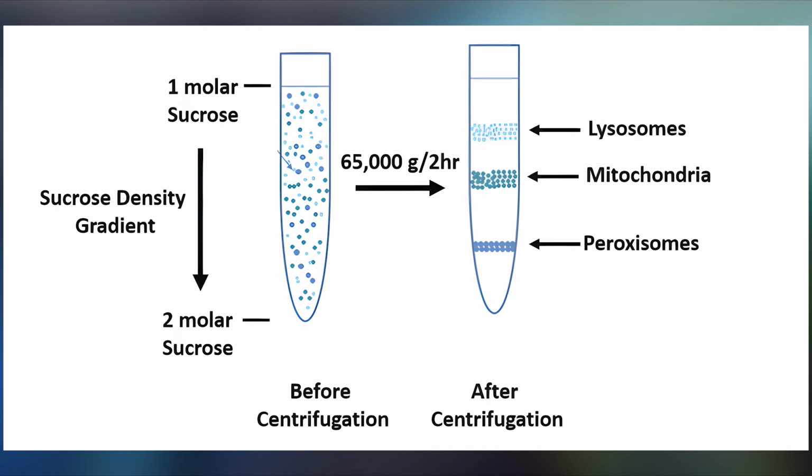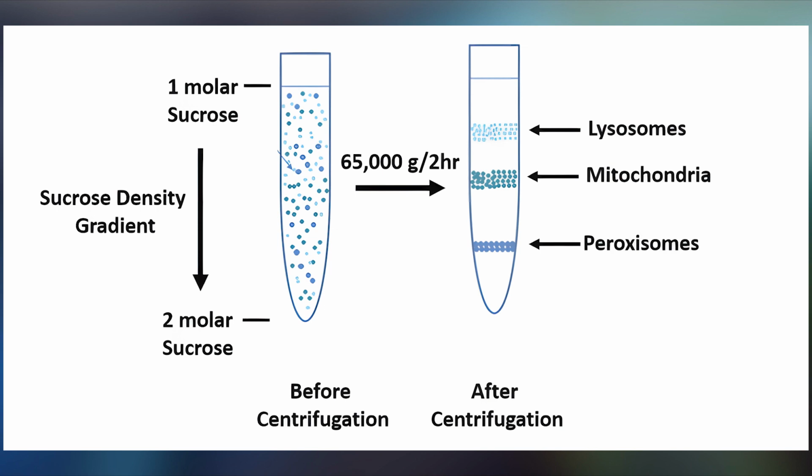So denser particles are pushed further away, and less dense particles stay closer to the top of the beaker. And that's what centrifugation does. It just separates out particles by their density. So that's one way that you can separate out different types of proteins or other types of molecules as well. So the proteins will be at a certain layer in the centrifuge solution, and you can separate them out from things like lipids, which have different densities,